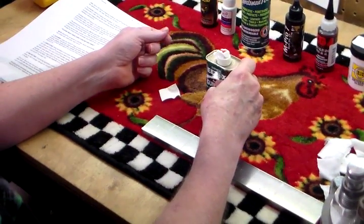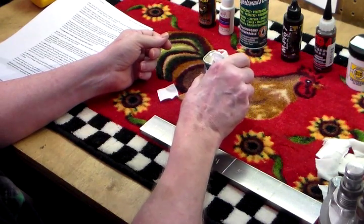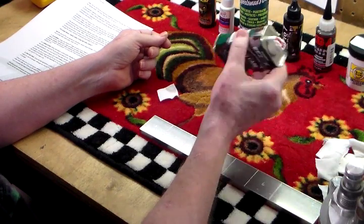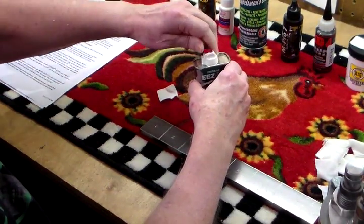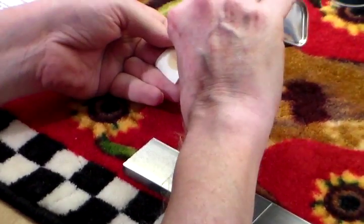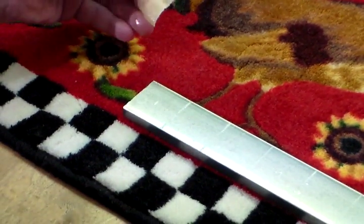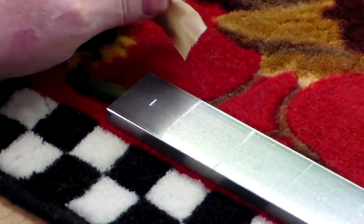Now, none of these products really require shaking, but just to be fair and make sure everything is as close to the same as I can get it, I'll give each one just a little shake before I apply it. So, I'm going to put some on the patch. And as best I can with my left hand so that you can see it, I'm going to apply it